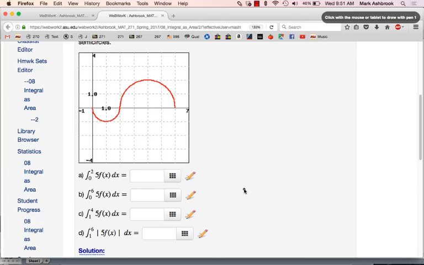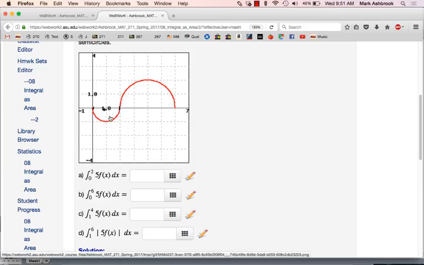Anytime the function is below the x-axis, the area carved out will be a negative contribution to the integral. Anytime the function is above the x-axis, the area above it will be a positive contribution to the integral. Okay, so for this first one from 0 to 2,